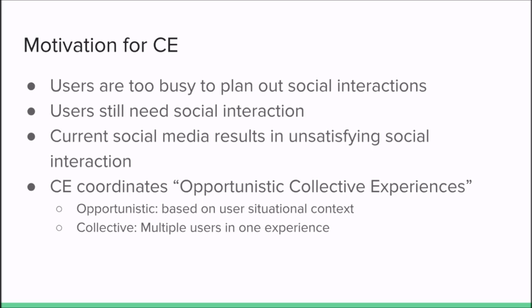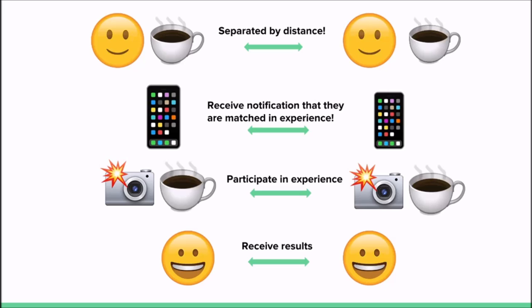Let's do an example of this to see how it actually works. So say that there are two users at two separate coffee shops. Ordinarily, they wouldn't be able to interact with each other. One, because they're separated by distance. And two, they don't even know that the other person is at a coffee shop. However, the CE system can see that they're both in coffee shops and in similar situational contexts